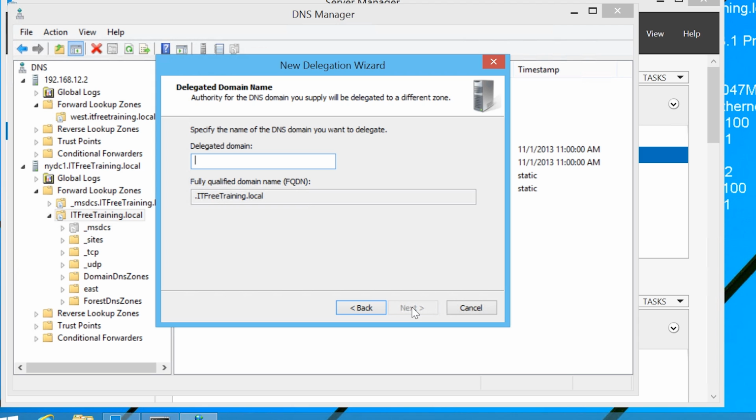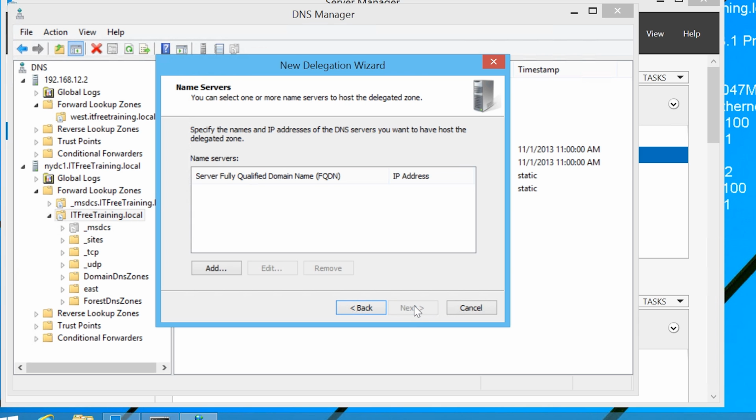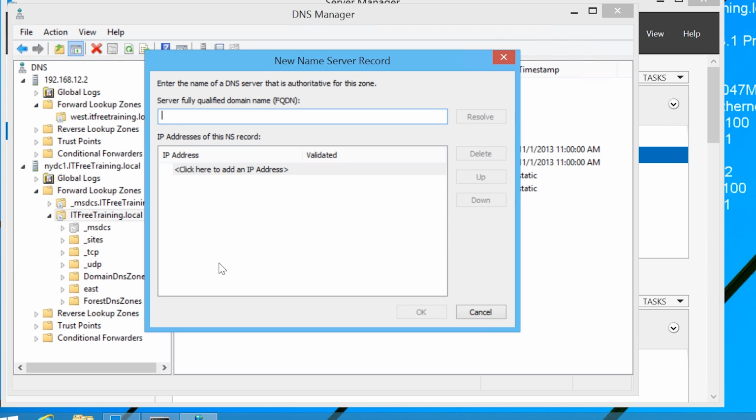Once I am past the welcome screen, on this screen I need to enter in the name of the delegated domain. In this case, West. On the next screen, I need to enter in the address of a DNS server that is authoritative for that zone, or in other words, holds a copy of the zone data that is considered up to date and accurate. Once I press Add, on this screen I need to enter in the name of the DNS server, in my case,